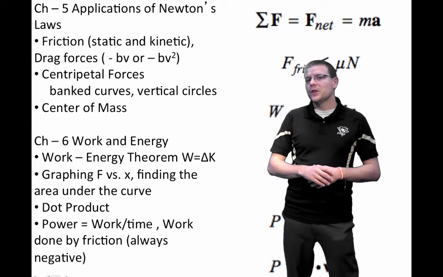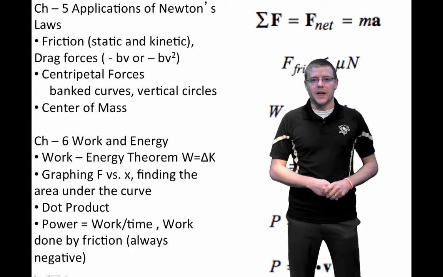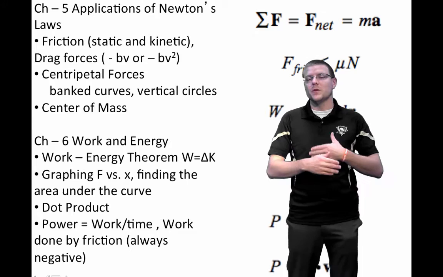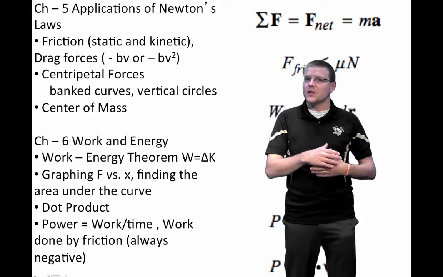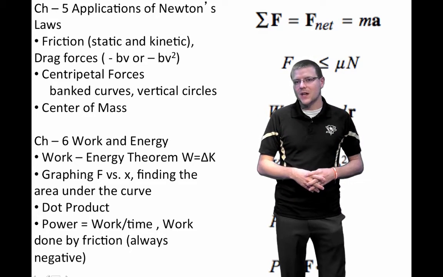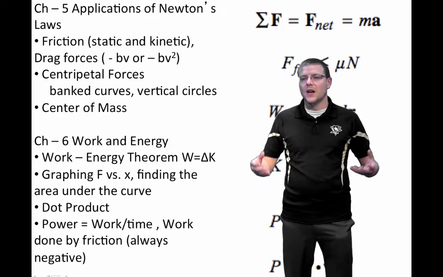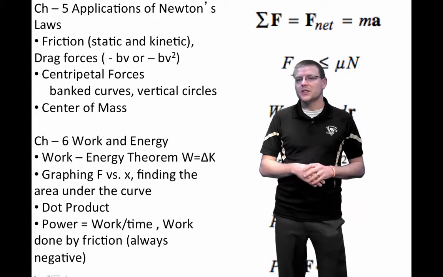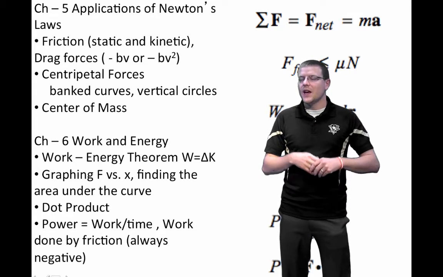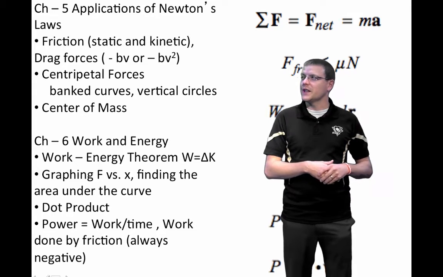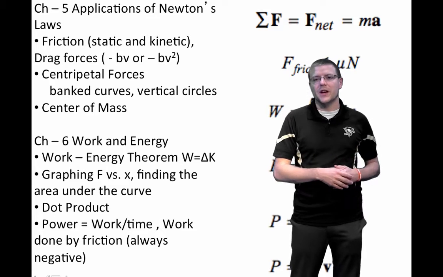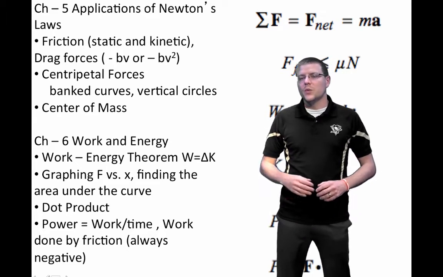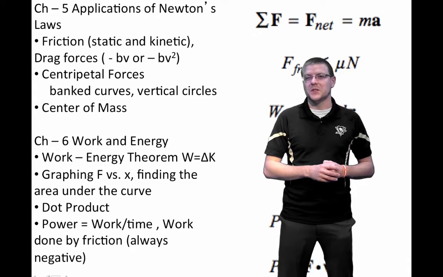And in chapter 6, we introduced this idea of work and kinetic energy. Work, you must push on an object and move it through a displacement. So it is an integral, especially if that force is not constant, like spring forces. So we saw that when you do work on objects, what you do is you change an object's kinetic energy. And when you change your kinetic energy, you can use a force position graph to get the area under the curve. The area under the curve will equal the work, which will then correlate to how much speed you've gained